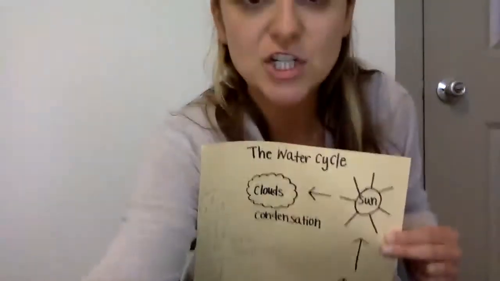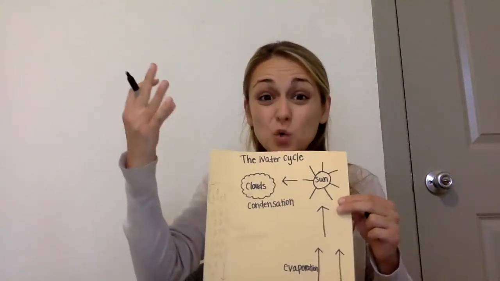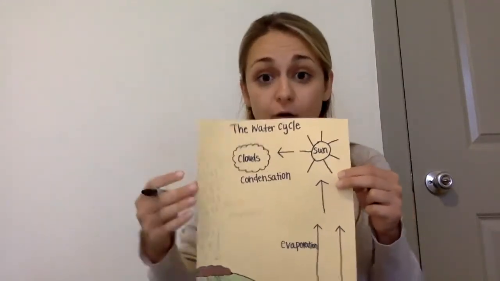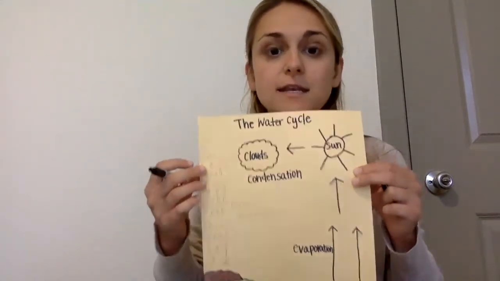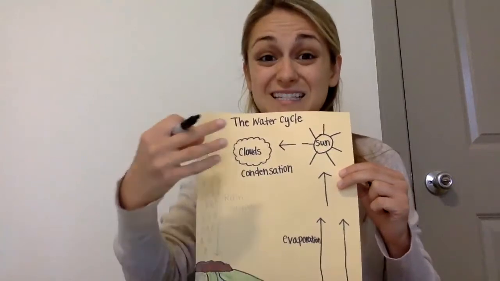Condensation. So, like I said, condensation is when the water vapor rises up into the sky, it cools, and the water particles attach to each other to create a cloud. That is called condensation. Now, what starts to happen is that the water vapor inside the cloud tends to get